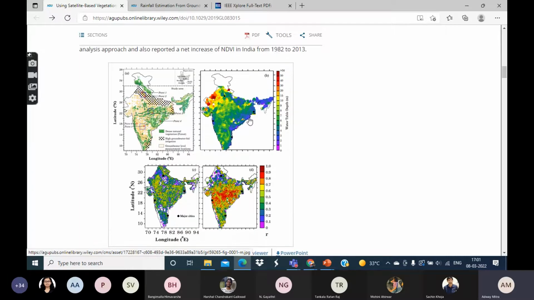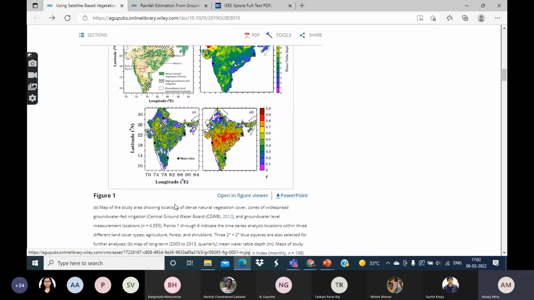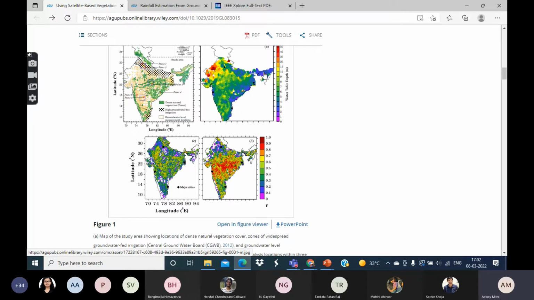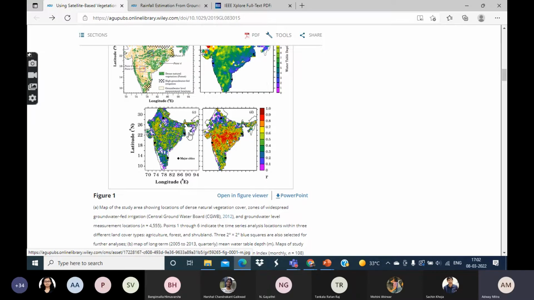And this one is showing the estimates of the water table depth, that is the groundwater level. It's shown at a pixel level. So I am not sure whether this map B is the result of the neural network which they have developed, or is it the ground truth which they have obtained from some other source. Yeah, so here basically they are plotting the correlation between